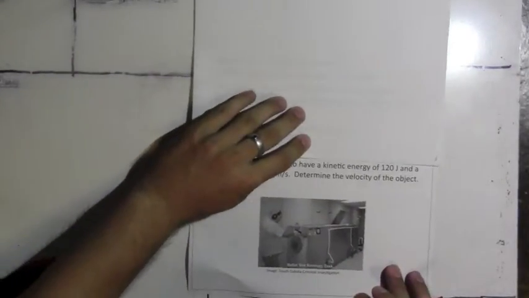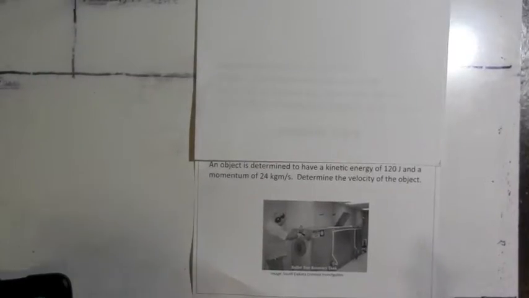All right, this question says an object is determined to have a kinetic energy of 120 joules and a momentum of 24 kilogram meters per second. Determine the velocity of the object. So this one sets itself up to be somewhat difficult, but you have to be able to do algebra to get this to work. So let's start off just by saying, okay, I know that I have a kinetic energy